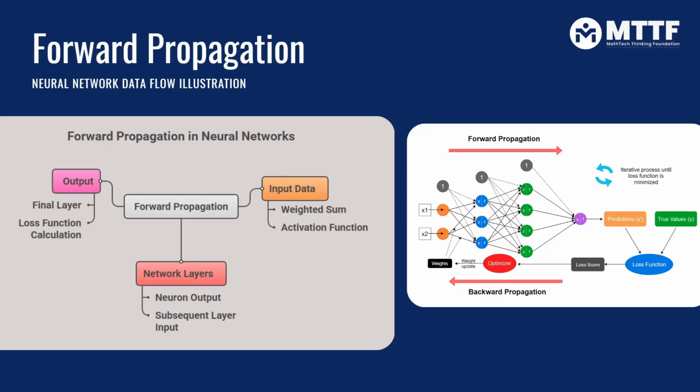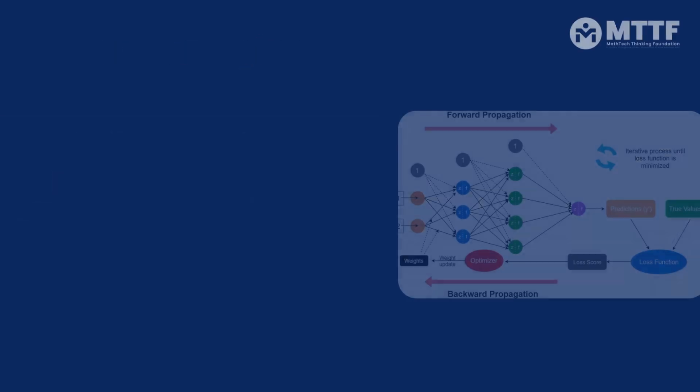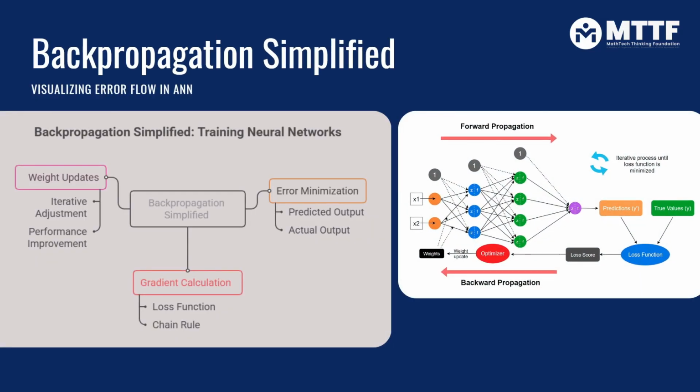At the final layer, the network produces its output, such as a prediction or a classification. This output is then compared with the actual result using the loss function. The loss function measures how far the prediction is from the desired outcome, providing feedback for learning. In simple terms, forward propagation is how a neural network thinks forward, step by step, turning raw data into meaningful output. Once a neural network makes a prediction, the next question is simple: how can it do better next